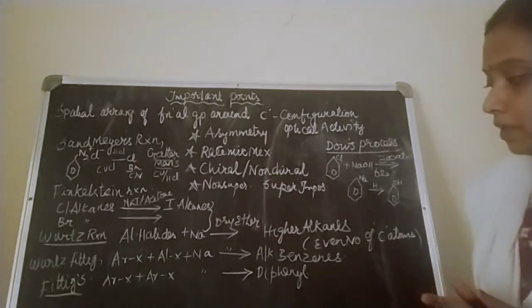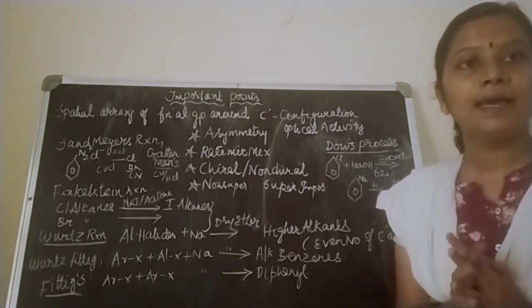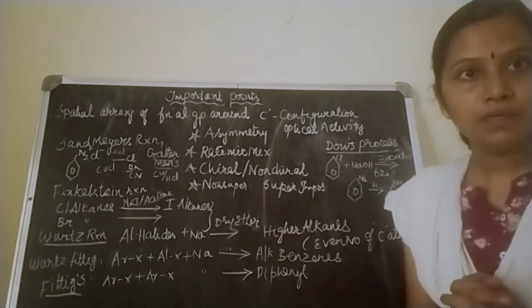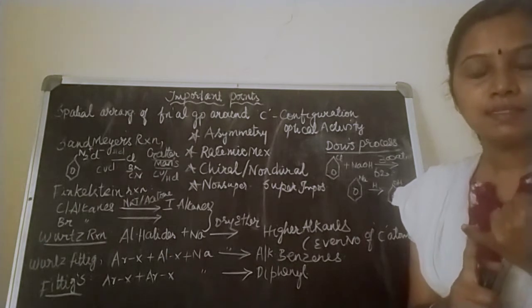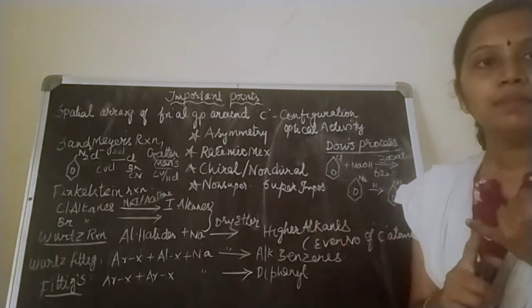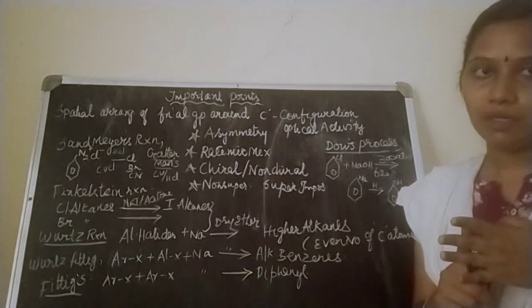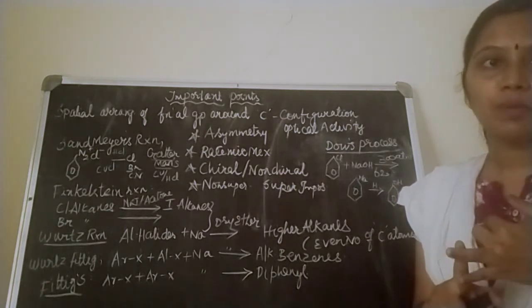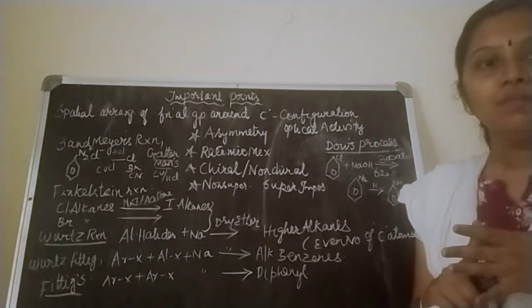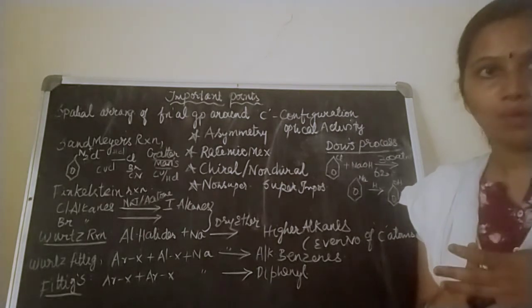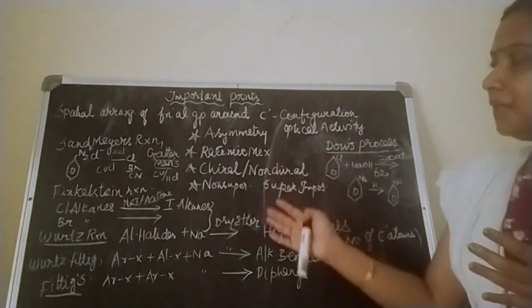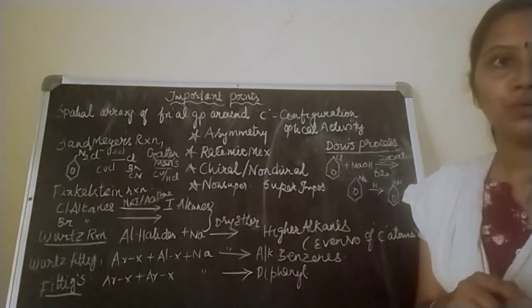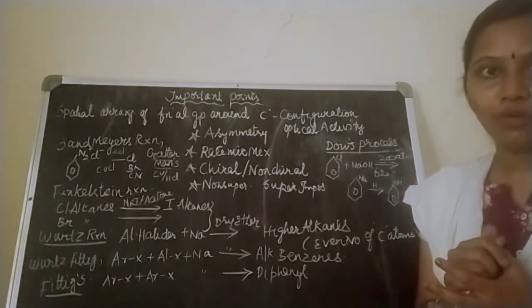Okay, children. So till now, under haloalkanes and haloarenes, we have covered alkyl halides, their preparation, physical properties, and chemical properties. Then haloarenes, their preparation, physical properties, and chemical properties. Then we saw polyhalogen compounds. We have seen 6 polyhalogen compounds. After the 6 polyhalogen compounds, I told you the test to determine halogen containing compounds.